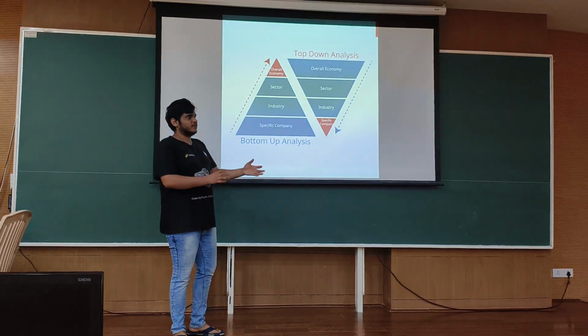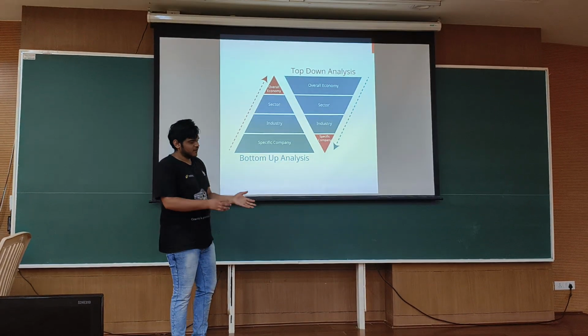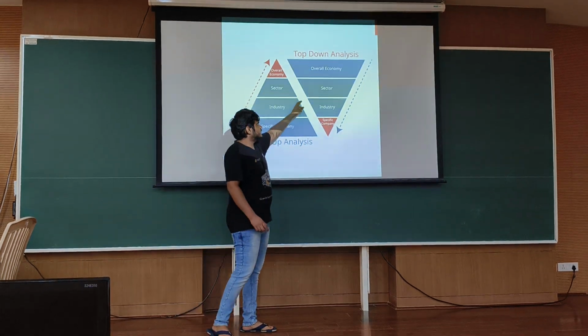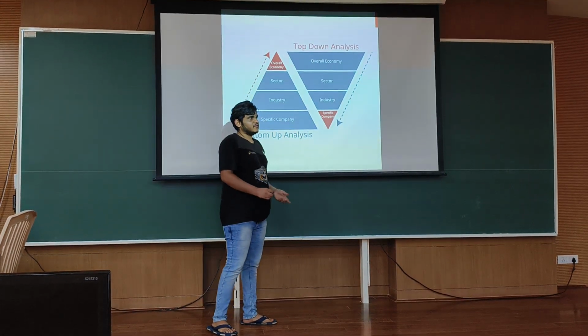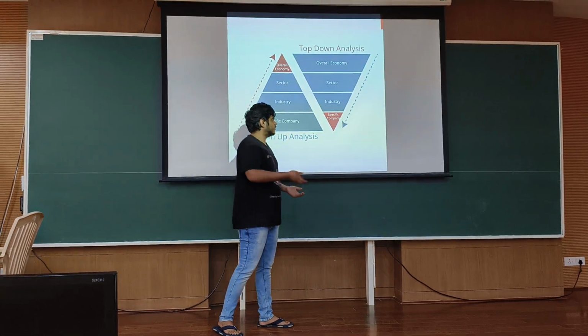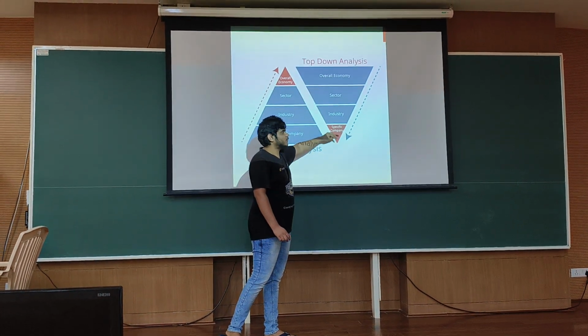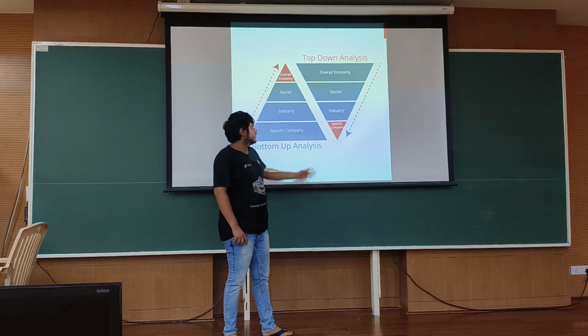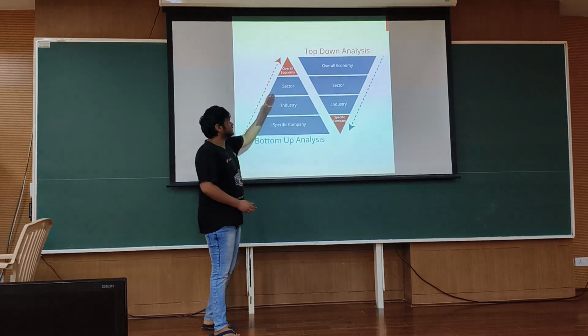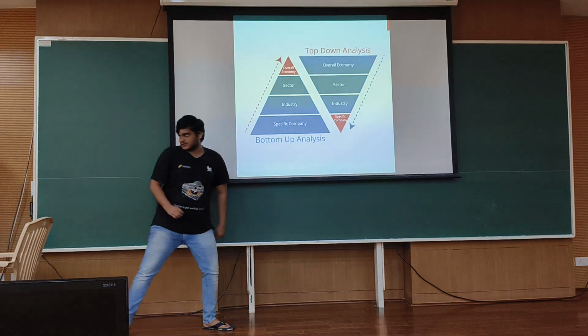Okay, this is the economy. Indian economy is growing very fast. Okay, then you identify some sector. For example, green energy is growing very fast. Okay, then you find the specific industry in green energy, maybe EPC manufacturers who manufacture solar panels, they are doing very good. Then you come to a particular company, maybe you come across some stock. This is a top-down approach, this is a bottom-up approach.